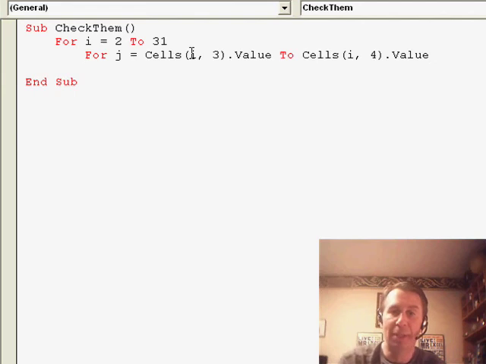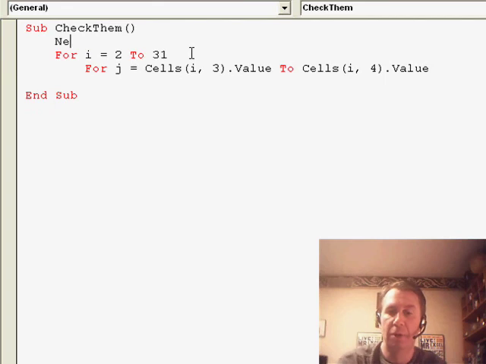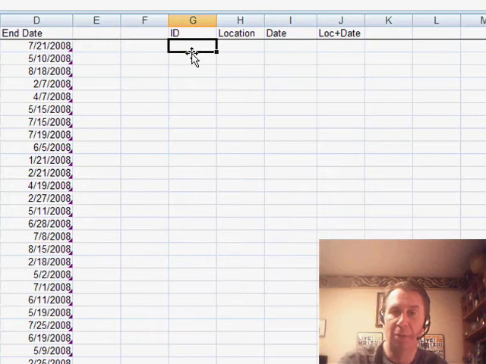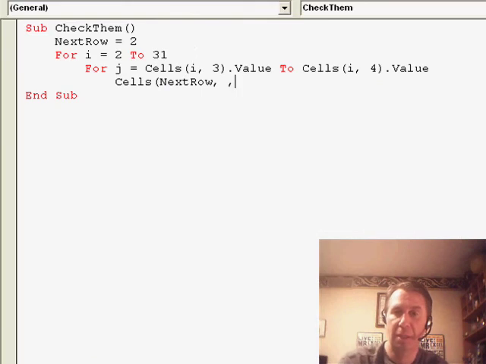And what I'm going to do, let's see, I need another variable here I didn't think about. A variable called next row. Next row is equal to 2. All right, so here's what we're going to do. We're going to say cells, next row, so in that case, we're going to take this from row 2, comma, let's see, which column are we in? We're in column G, which is column 7,